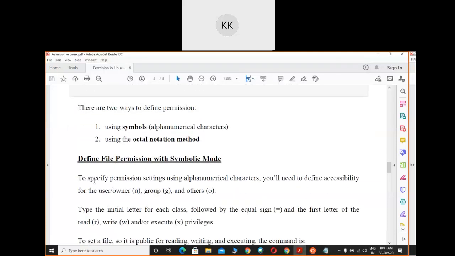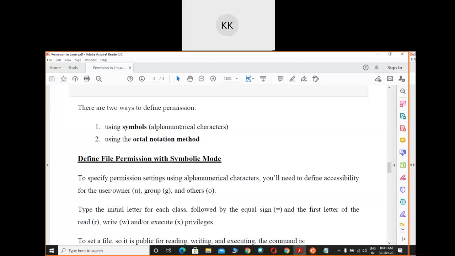Now see, to specify permission settings using alphanumerical characters, you will need to define accessibility for a user or owner as U, group as G, and other as O. Always remember.